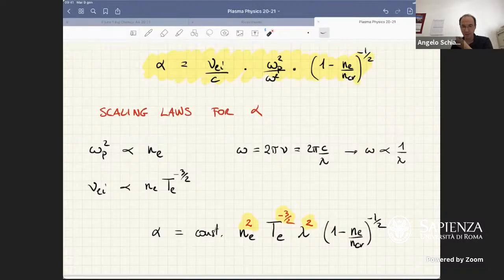But in inertial confinement fusion, for instance, we want to make the capsule implode, and we want to couple as much energy as possible of the incoming laser to the plasma. So our goal in this case is to maximize the absorption. So the higher the absorption coefficient is,